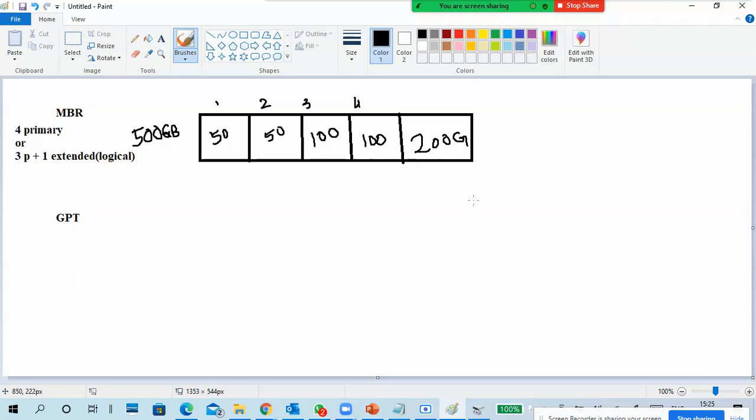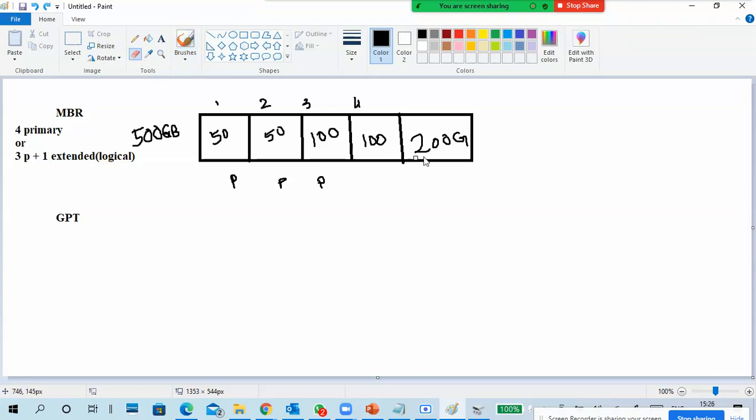Space we can't store anything in. Why? Because we cannot create any partition once you have completed four primary partitions. Four primary partitions are completed, you can't create a fifth one, nothing, not extended, not primary. Okay, this is primary, primary, primary, primary. You can't create another one, so we can't store anything there. So you only get 300 GB of usable data space.